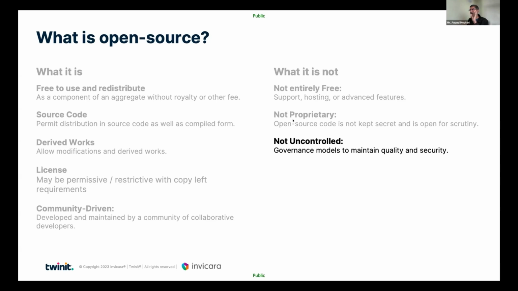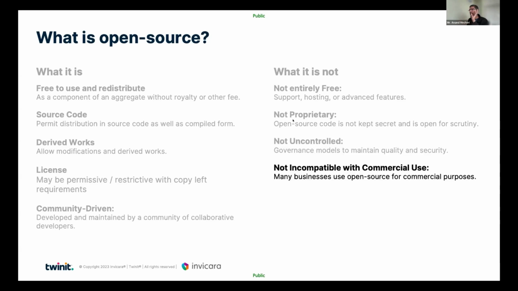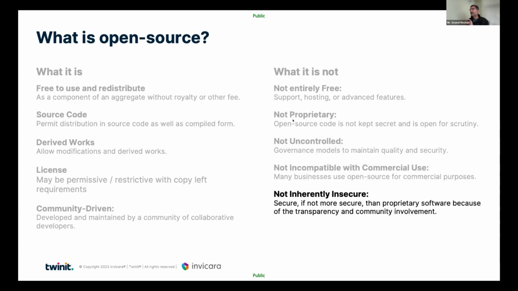There's a lot of governance around it, quality, security. You can use it for commercial use, and it is actually secure, if not more secure than proprietary software, because it's open to the community and it's transparent. So we would think that open source is a very powerful way for enterprises to leverage